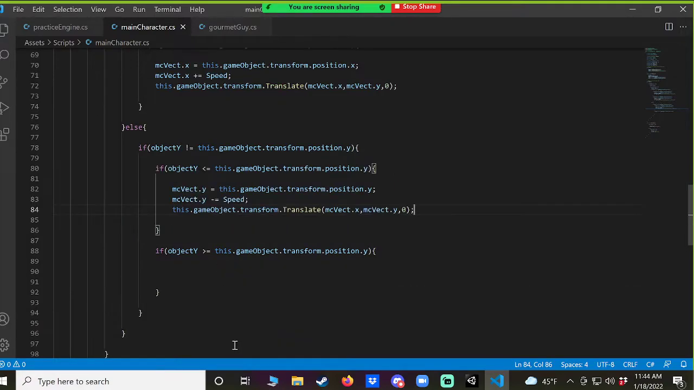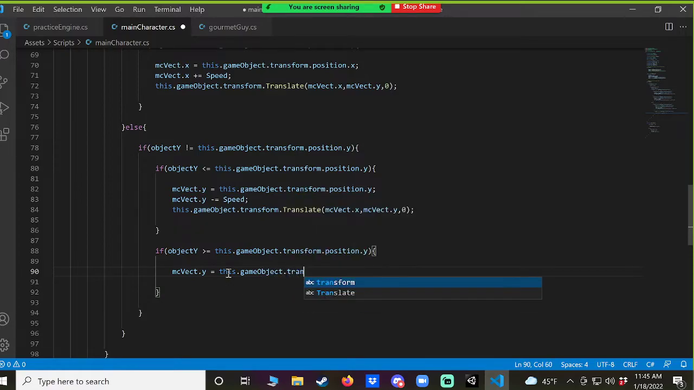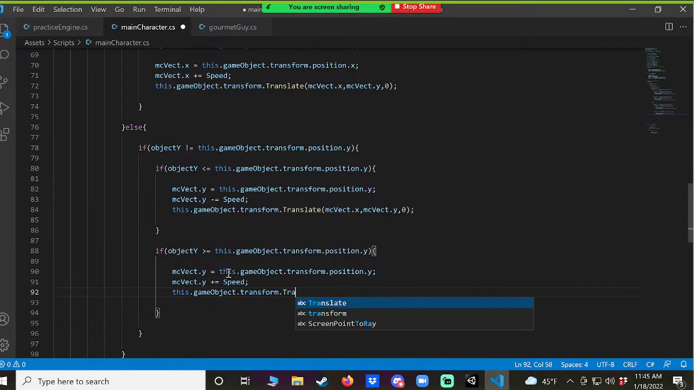Okay, got that. And so now let's just go down here. Make vect dot y equals this again, dot position dot y, plus equals speed, object transform translate x vector. Okay, and then